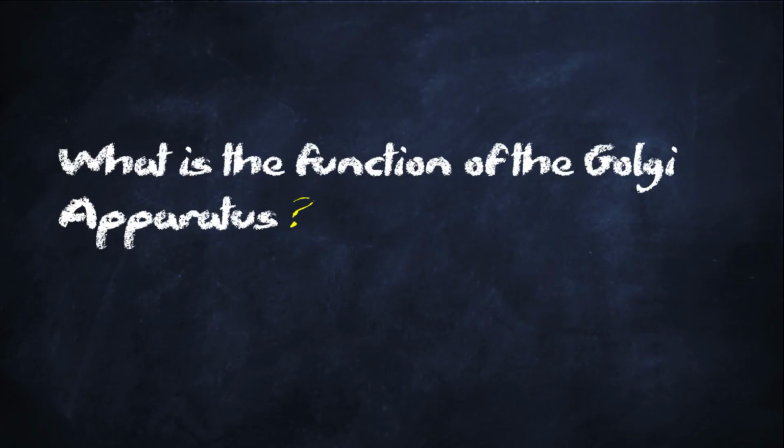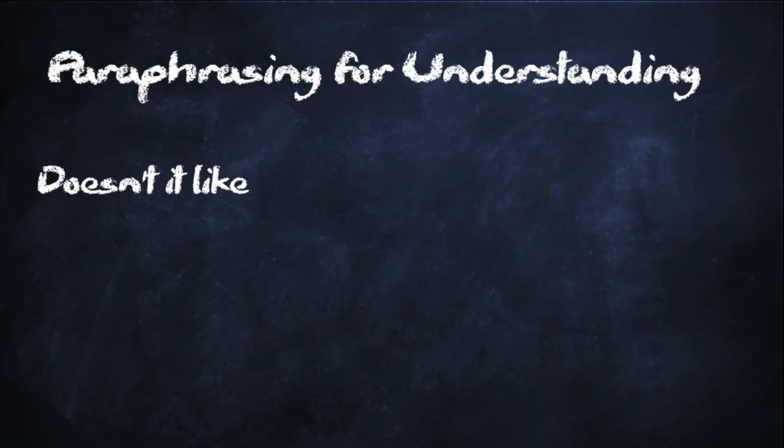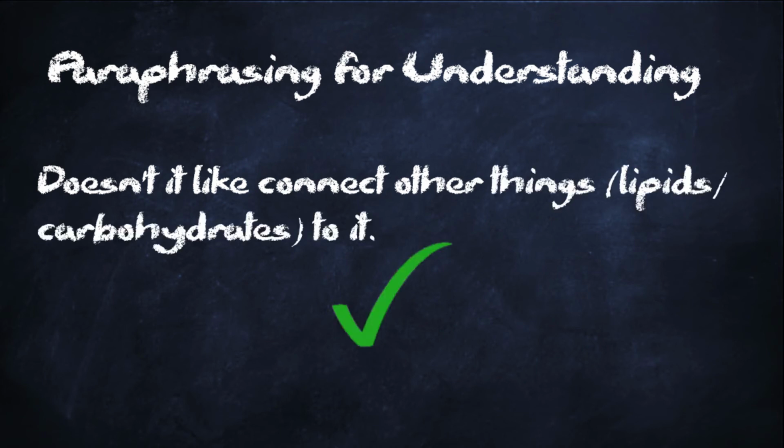And then after the smooth endoplasmic reticulum, the Golgi apparatus. Do you remember what it does? Doesn't it like connect other things to it? Yep. Isn't it like that can be wasteful? Not necessarily wasteful, but it connects things. Think of the Golgi apparatus as the UPS man, and